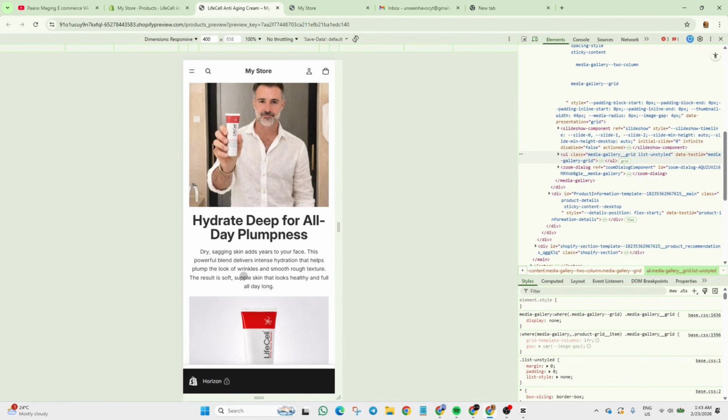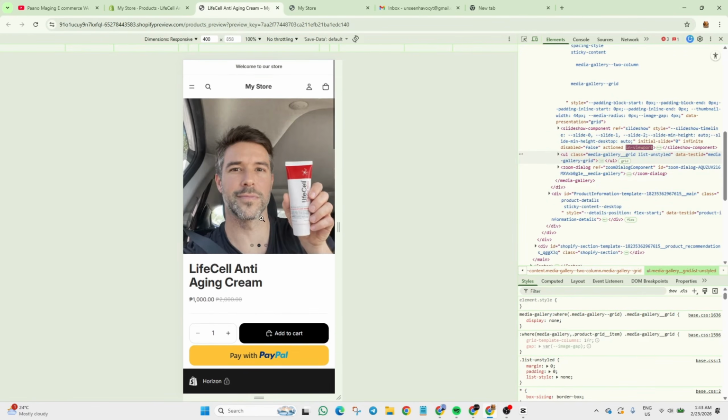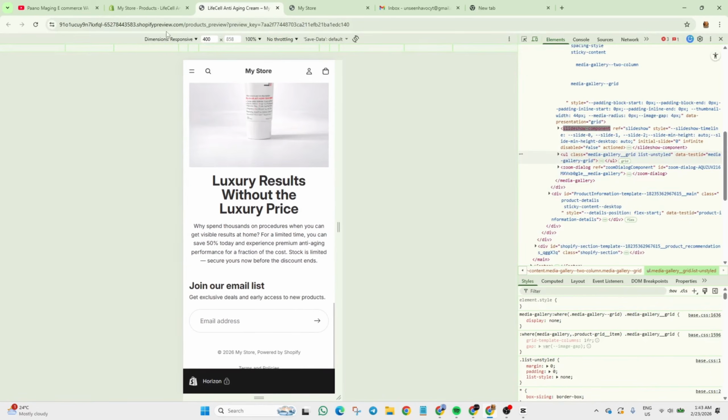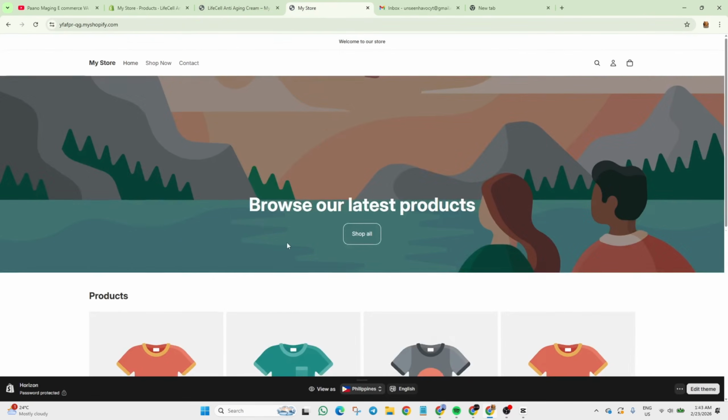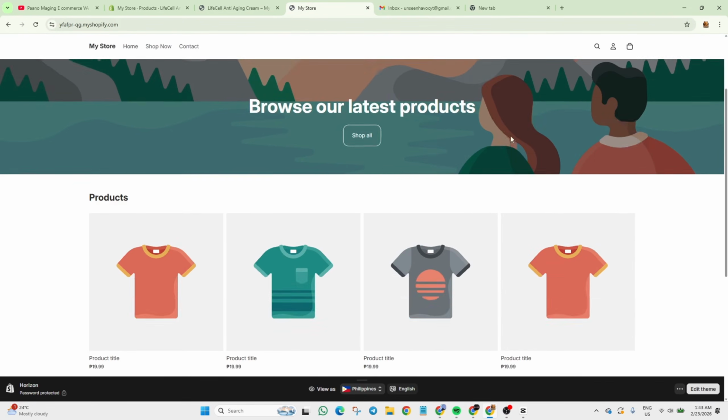Even you guys, you won't read descriptions on Shopee or Lazada or Temu. So yeah, this is how you do it. Next time I will show you how to optimize this website to have it look like this.